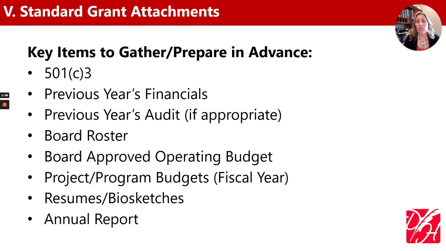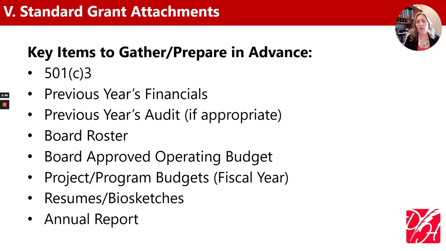You also want to have your previous year's financial statements. What do your books show? Your grant makers want to be able to see whether or not you've been running at a surplus or at a deficit, to see what sort of assets you might have on hand. And they will often, in addition to asking for these year-end financials, they will also often ask for a formal